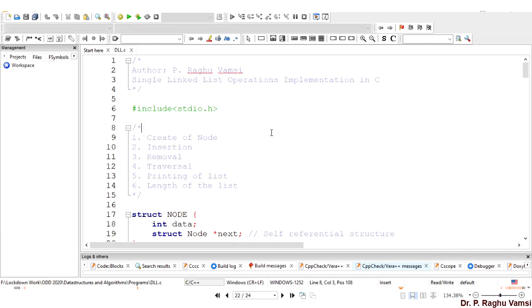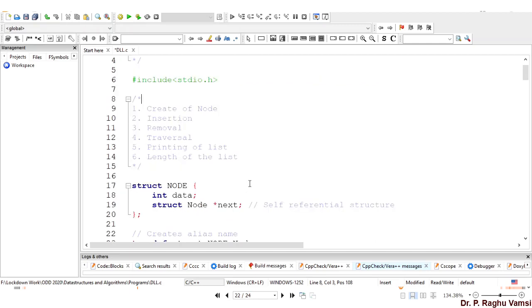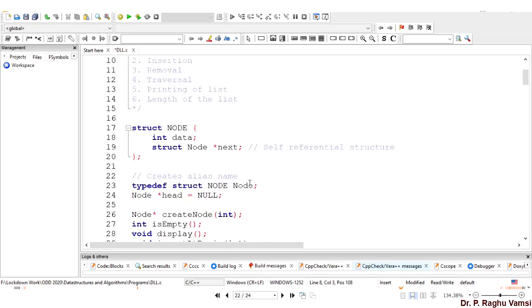Now I will start coding this double linked list. This is the doubly linked list operations implemented in C. It also has functions like creation of node, insertion, removal, traversal, printing of the list, and length of the list.